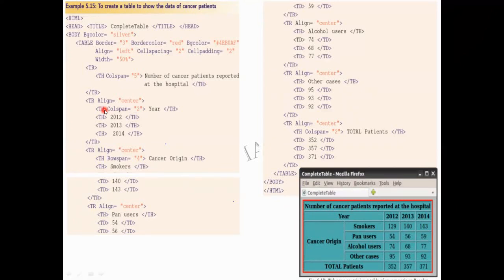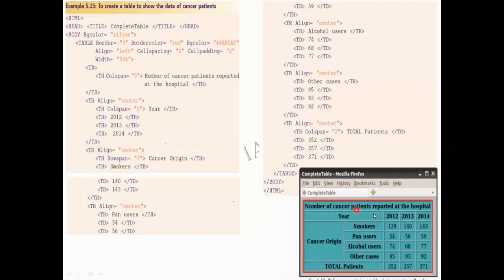If you want that content placed as a heading, use the th tag wherever necessary. Is it clear? I want this year to be given as a heading. So the colspan is 2. This is one column, this is another column. So I got the colspan as 2, and I have given year. So I have closed the heading.